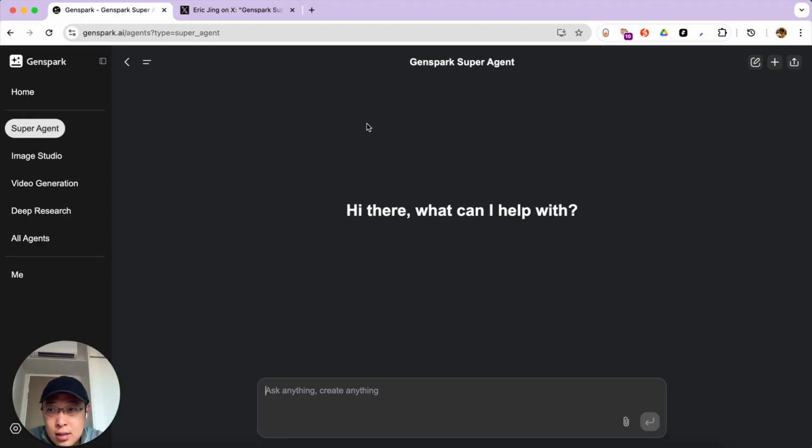All right, so this is the UI of GenSpark Super Agent. It looks very simple, very clean. It just has a prompt box here, and that's it. The first task we're going to give Super Agent is to plan a trip for me. Recently, I'm planning to go to China and visit a lot of provinces to see some of the touristic cities. It's very complicated because China is very large. I want to know how I should plan my 15 days trip. So let's give the prompt here.